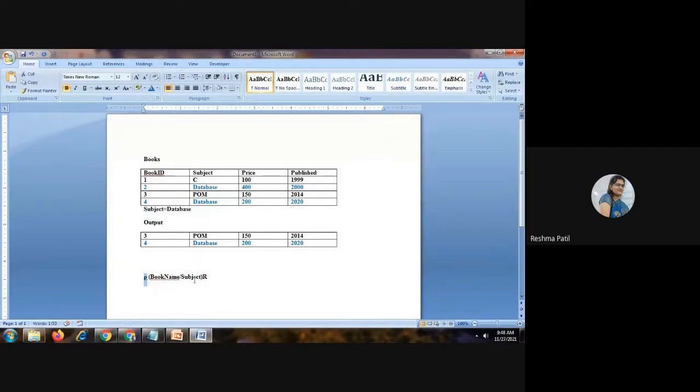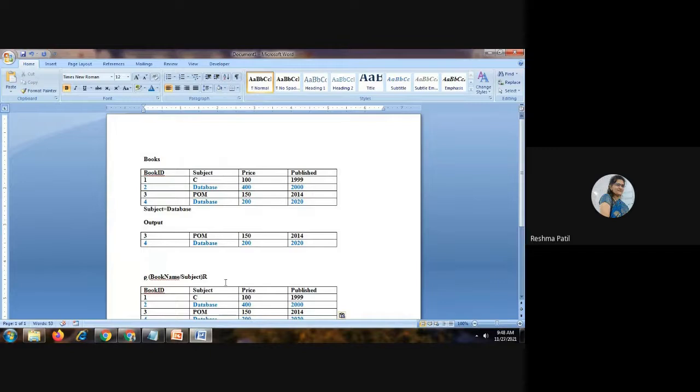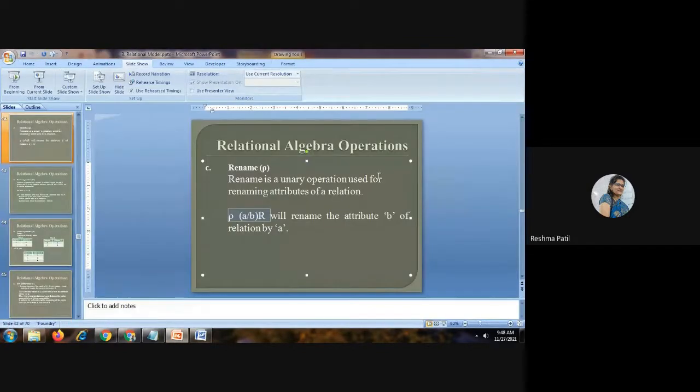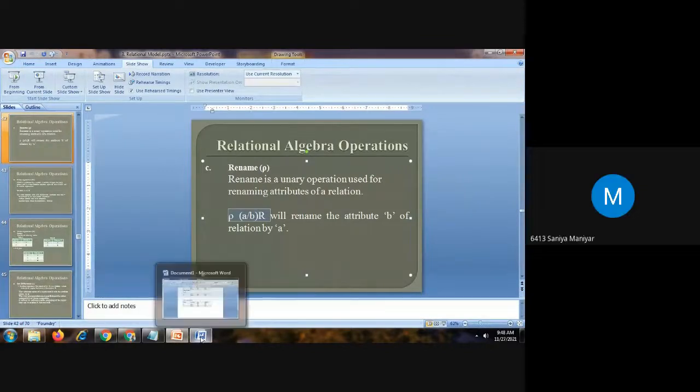In the output, suppose after this you show the table to the user, then instead of subject, the name is book name. Clear this? Rename operation, changing the name of an attribute. Clear? Yes, ma'am.